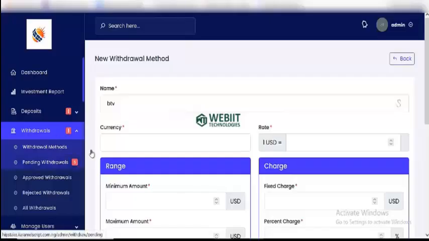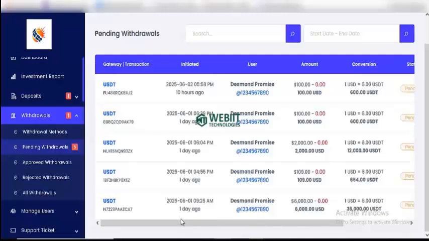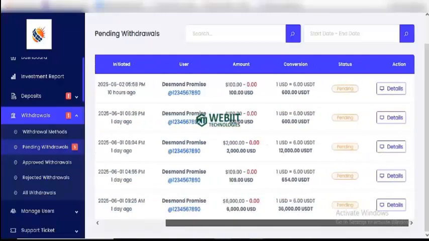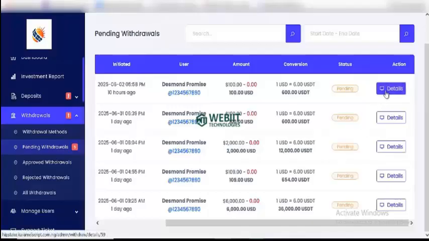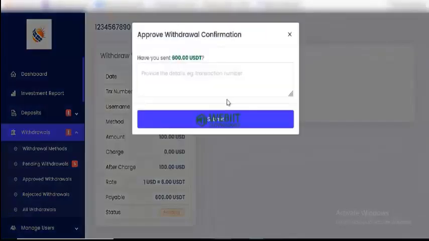You have the pending withdrawals. Here you can see all the pending withdrawals on this particular website. You can see all these withdrawals here. This was mine, which is 10 hours ago and all that. So you just click on details. Okay, you can choose to approve this withdrawal. You can put a note to say